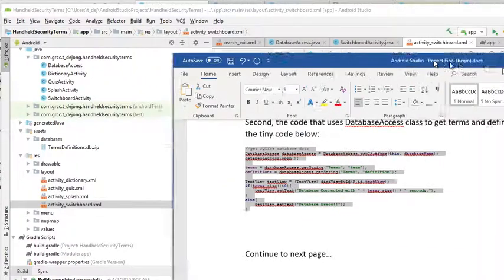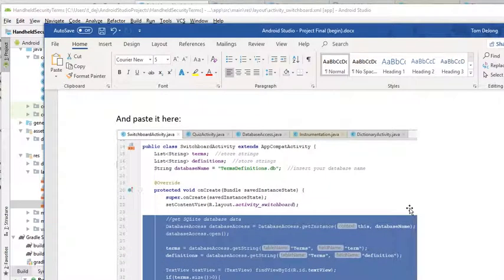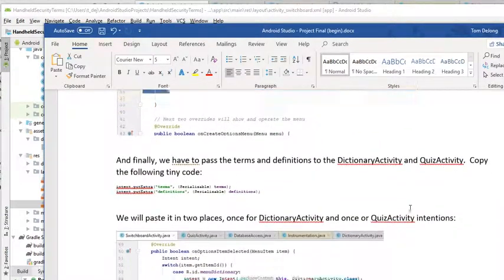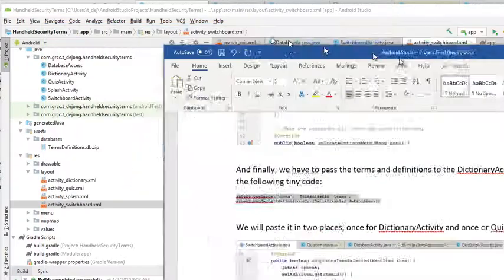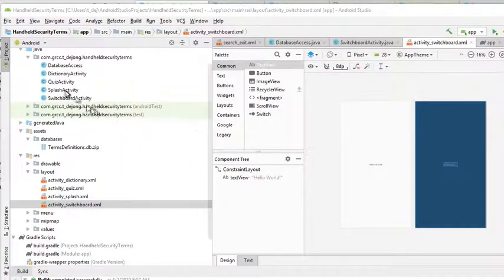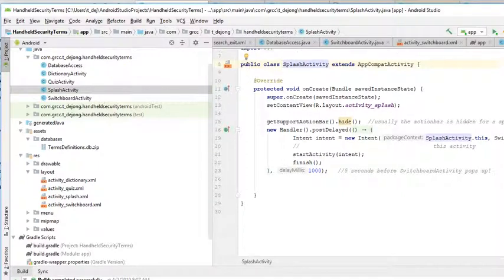And now we've got one more step for our splash screen, okay? What we have is this intent. We talked about this once before. We're going to pass these terms and definitions by our intent. Go ahead and copy this tiny piece of code right here. We're going to copy that and paste that into our, of course, our splash activity here. And we're going to put that